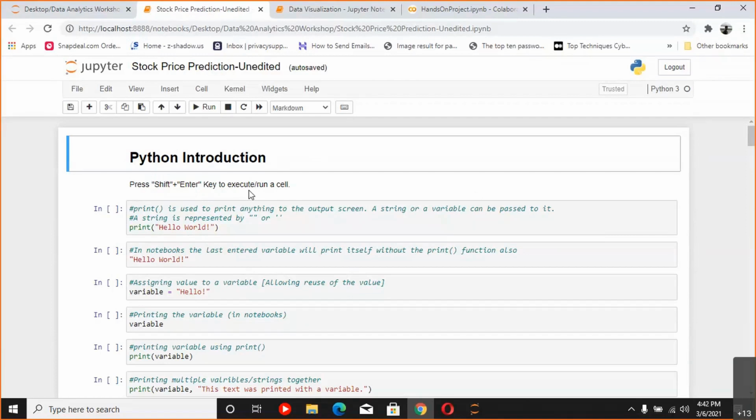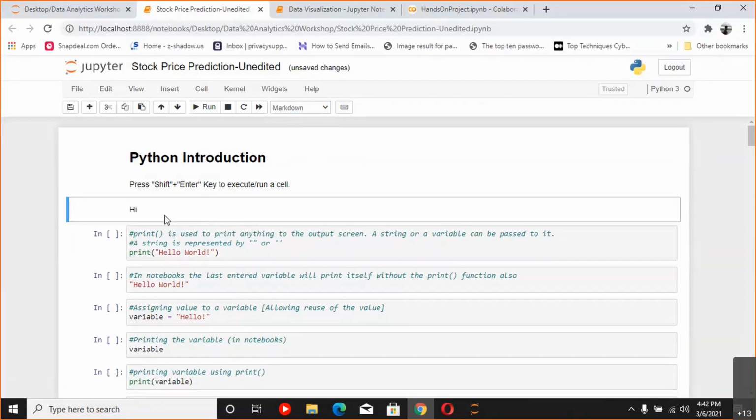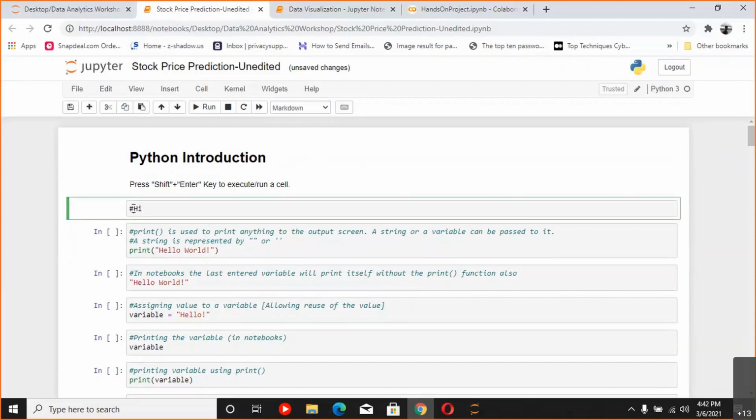You can have a normal cell or you can have a code cell, and you can also have headings. To add headings, say if I want to add some text here, then I will just convert it to Markdown. This is the text cell that was on Google Colab. I can type some normal text, or I can make it a heading by just adding a hashtag.